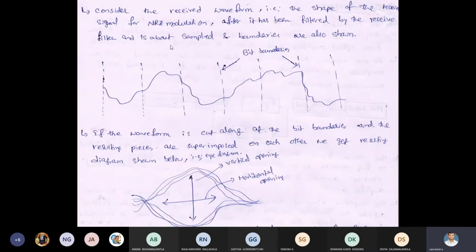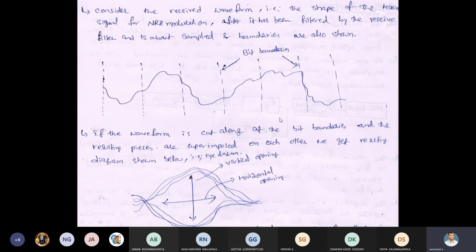Below the threshold voltage, it is 0. This is above the threshold voltage, 1. This is below the threshold voltage, 0. Right. Now take each bit. First, we have to cut this bit and fix it here. Next bit, cut and fix here. Next this bit, like this. Finally, all bits should be cut in pieces.